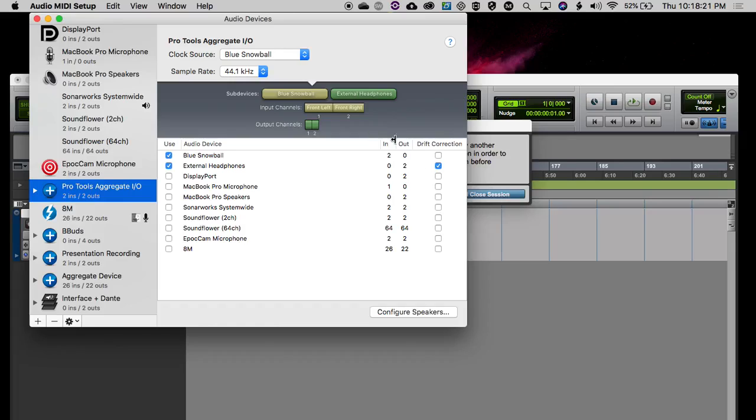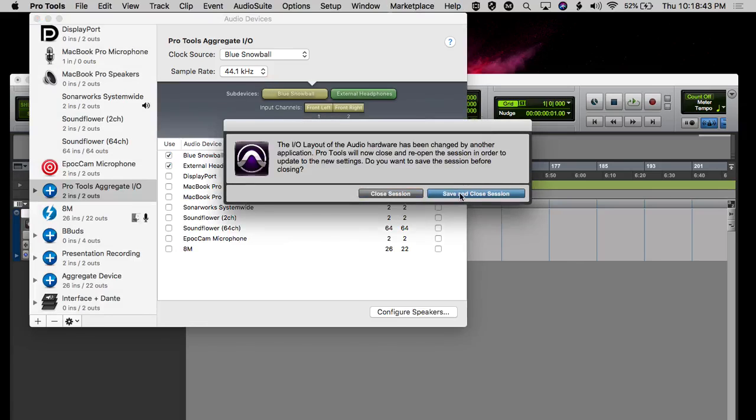And so you'll notice that the Blue Snowball has two inputs. There's a couple different configurations for the Blue Snowball where you can use it as a mono source or a stereo source. So I'm just going to use one of these, but it does have two available if I wanted to use it as a stereo input. So that's now set up. I'll go back to my session, hit save and close,